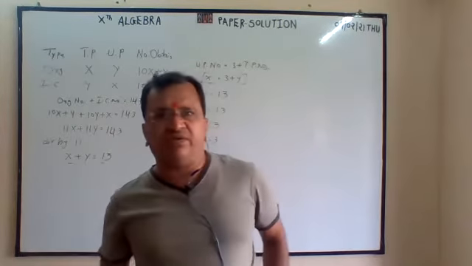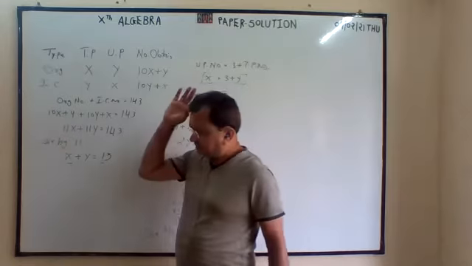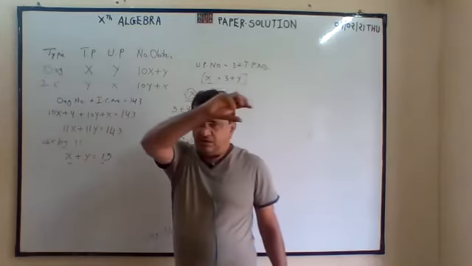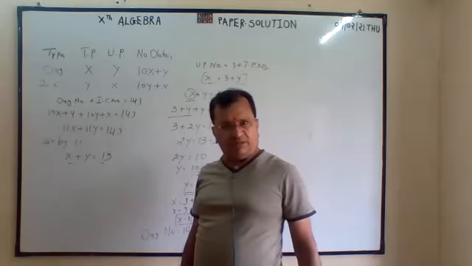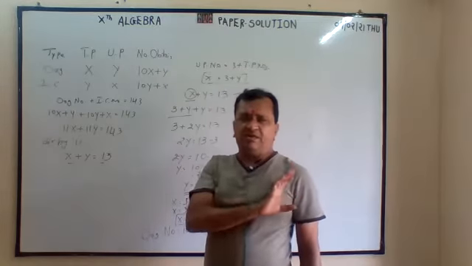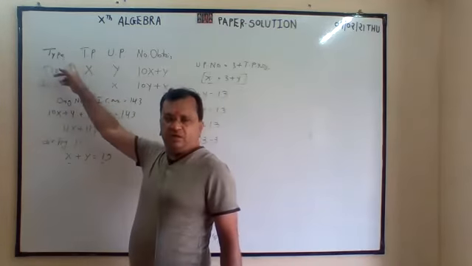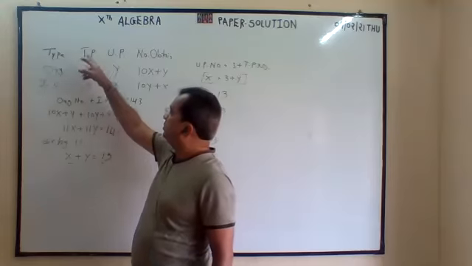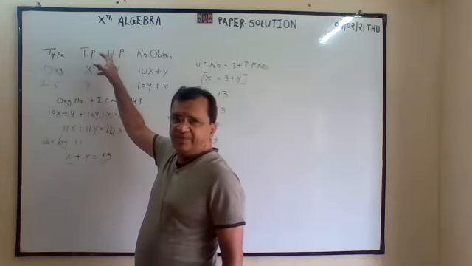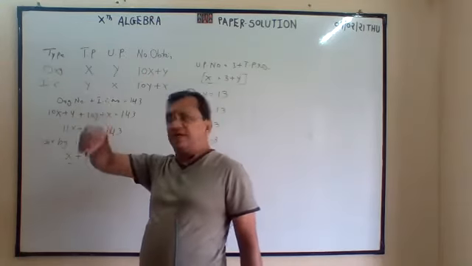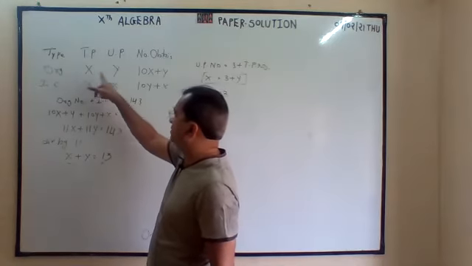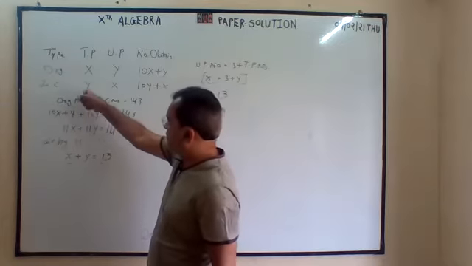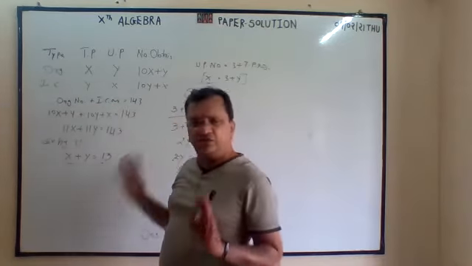This is a very important question. I would like to explain it again. Whenever you have to find a 2-digit number, you have to make the table. Types of the number: original number, interchange number. 10th place, unit place, 10th place into 10 plus unit place. So the number obtained, x, y. So 10x plus y. Interchange, 10y plus x. These are your two numbers.